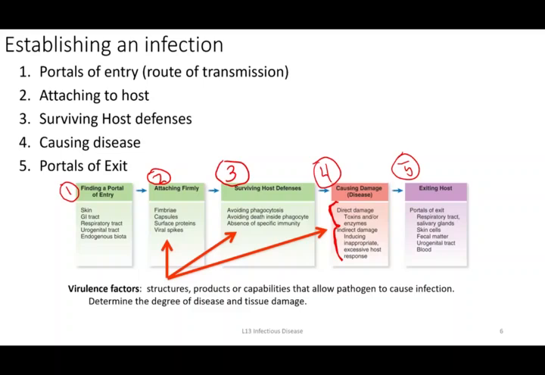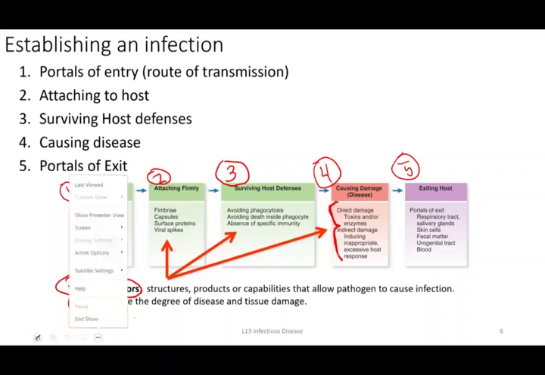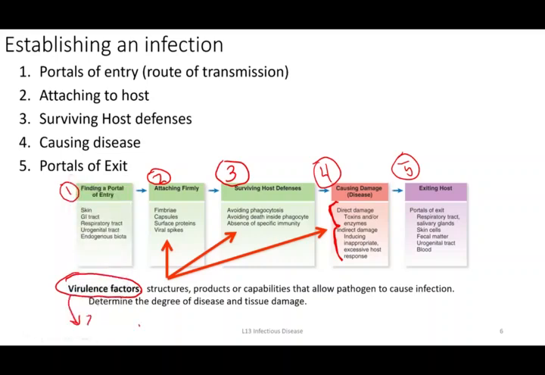Another way of looking at this is this term called virulence factors. So remember, we just defined that term virulence, which is how likely is something to cause disease. So how virulent is it? And so a basic way of answering that question is, well, how many virulence factors does a given microorganism have? And so virulence factors are going to be characteristics or traits that are exhibited by pathogenic organisms that make them better able to establish an infection and then potentially progress to a disease.